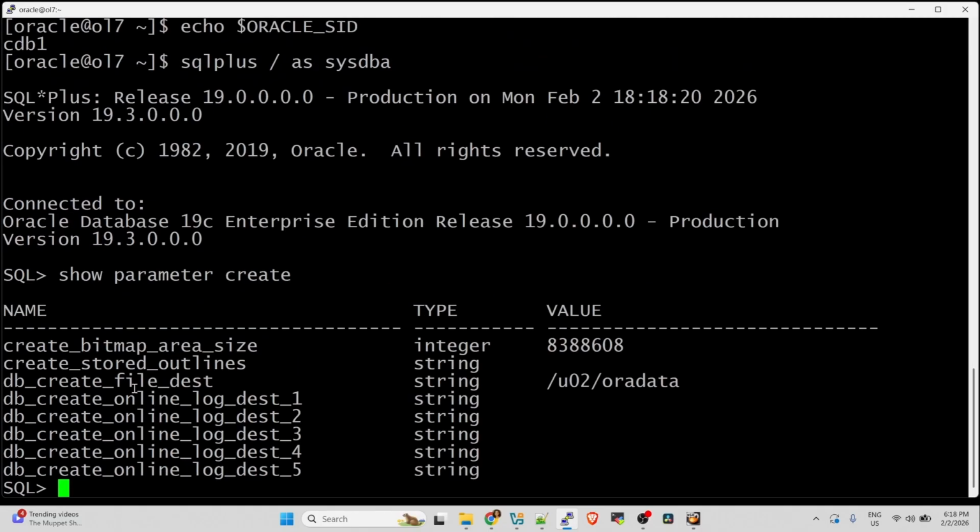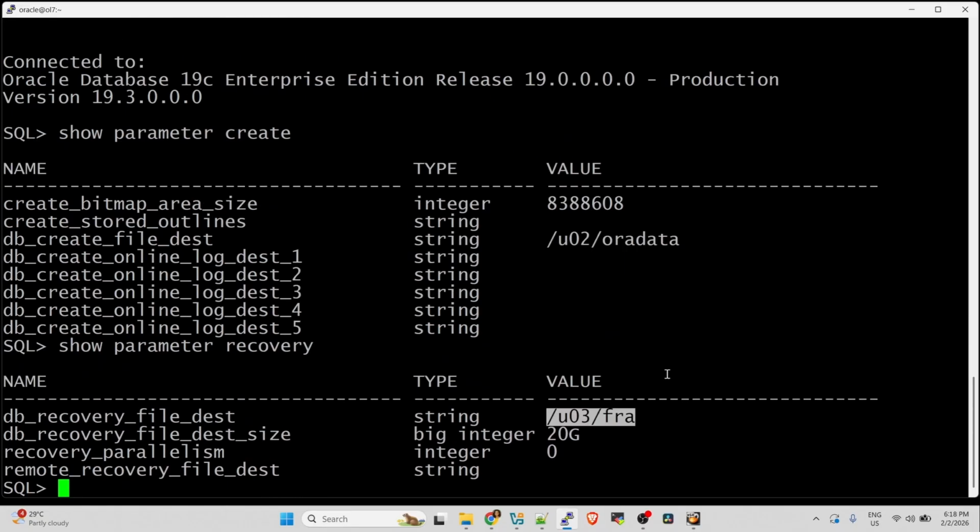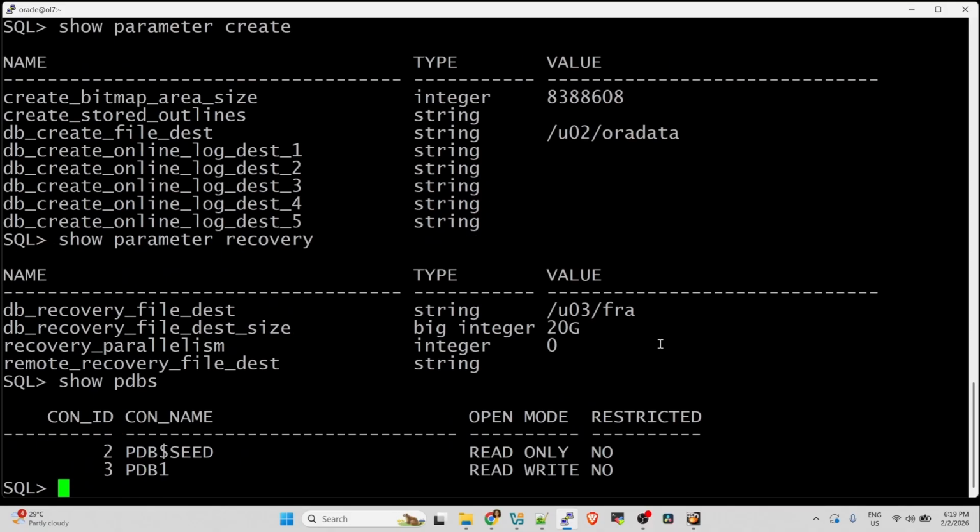As you can see here, the db_create_file_dest is set to U02 Aura data. And then show parameter recovery. So here is the U03 FRA. And then show PDBs. We created the PDB1 pluggable database.